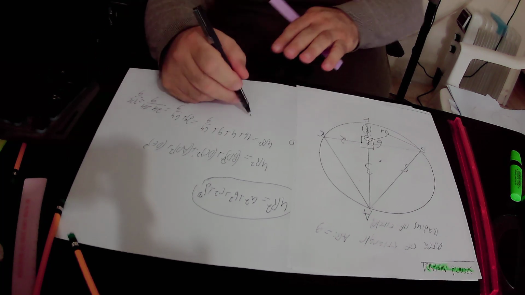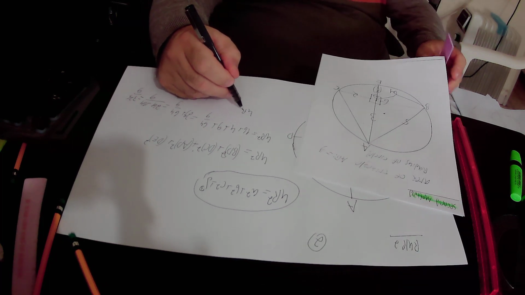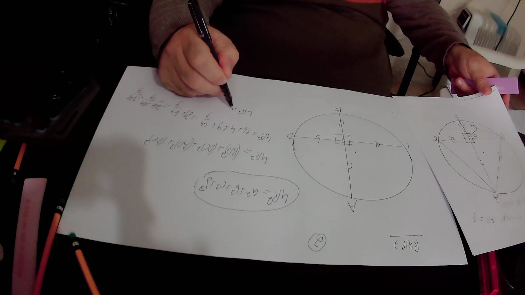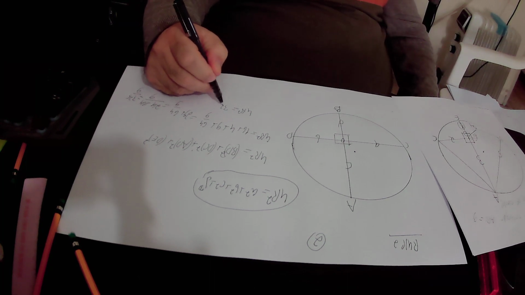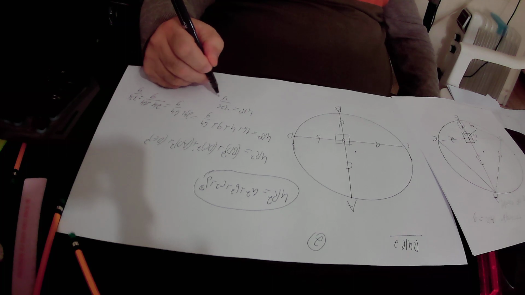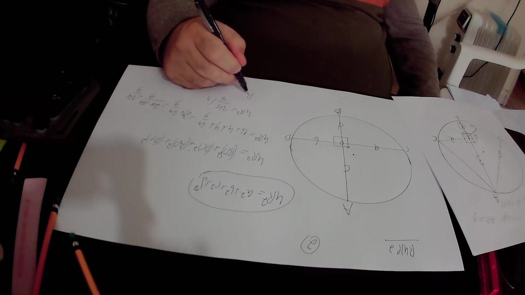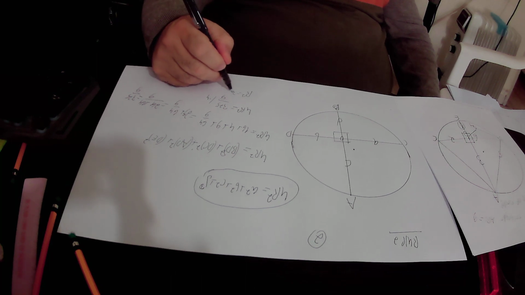So we found out that 4r squared equals 325 over 9. Here we divide this equation by 4, and we get that r squared equals 325 over